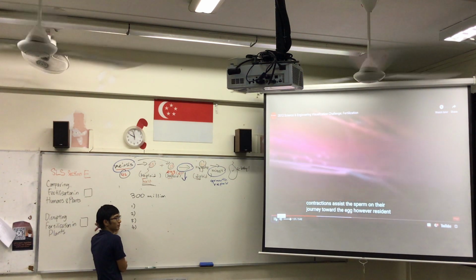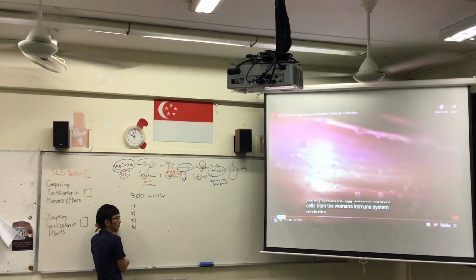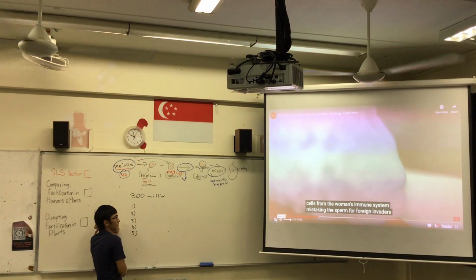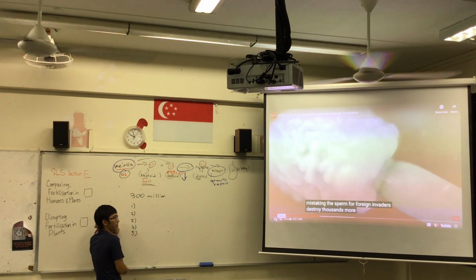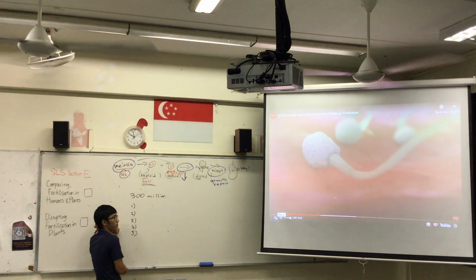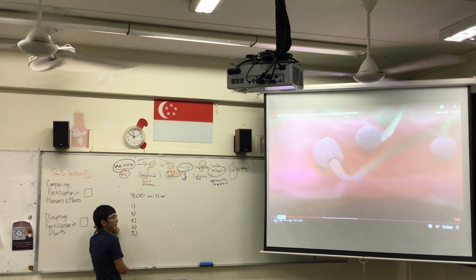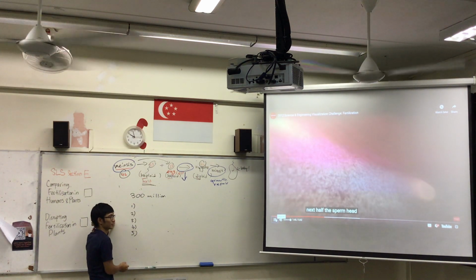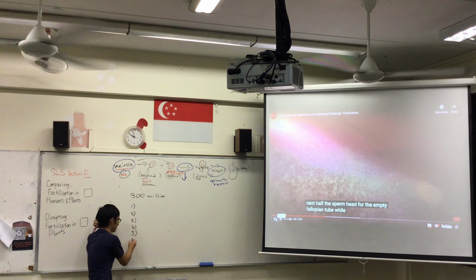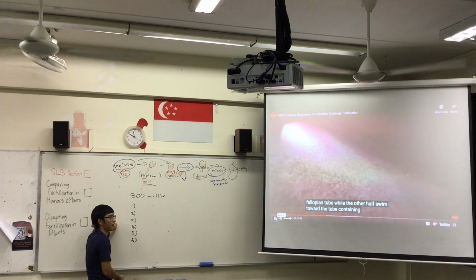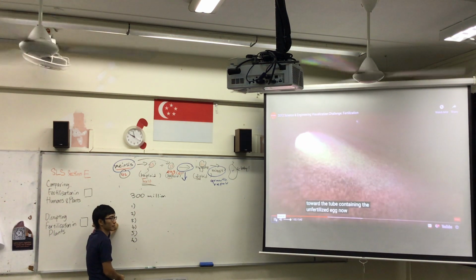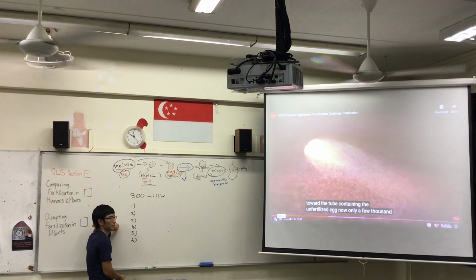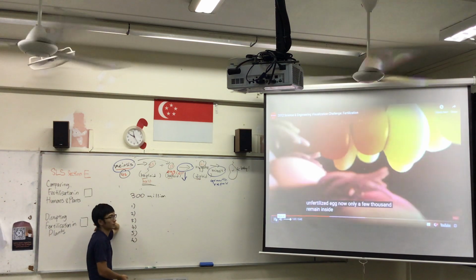However, resident cells from the woman's immune system mistaking the sperm for foreign invaders, destroying thousands more. Next, half the sperm head for the empty fallopian tube, while the other half swim toward the tube containing the unfertilized egg. Now, only a few thousand remain. Inside the fallopian tube